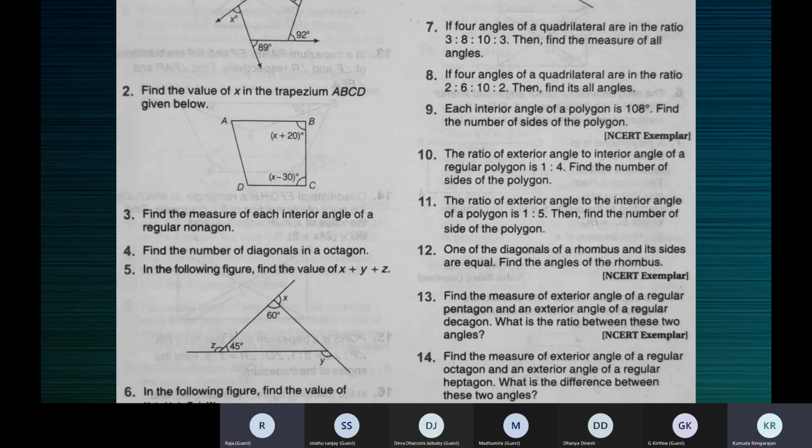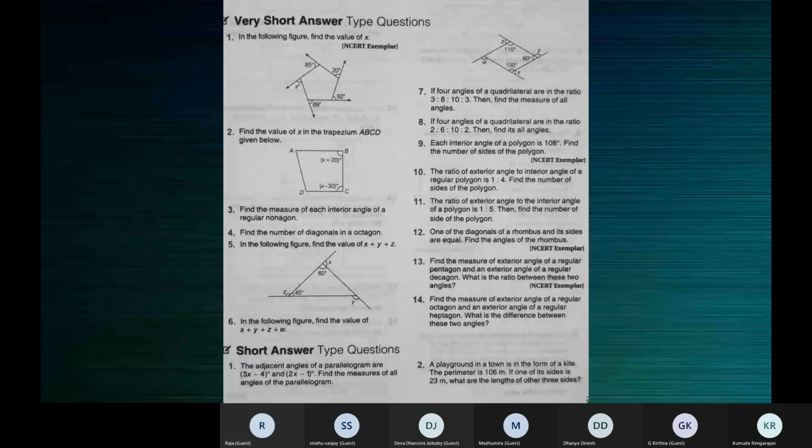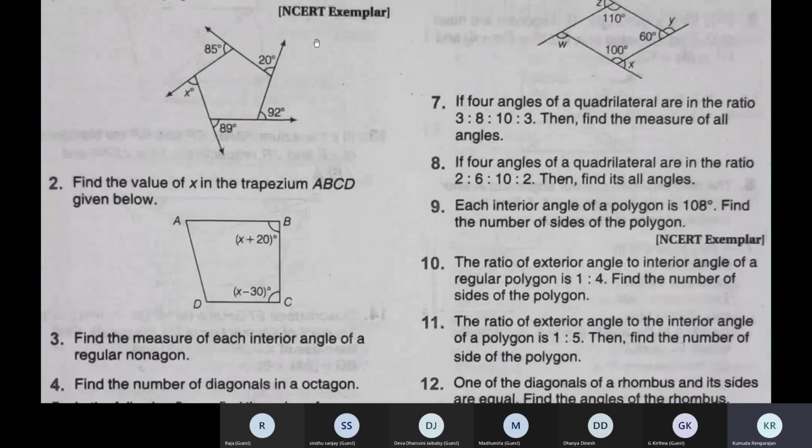Okay. Now for Y, did you understand the exterior angle property? No? Okay. So see here. Others can try the sixth one. The question is here, but you can see the figure at the beginning of the next column. It's continued like this, 6, 7, 8, 9, 10. You can see the figure for the sixth one here.